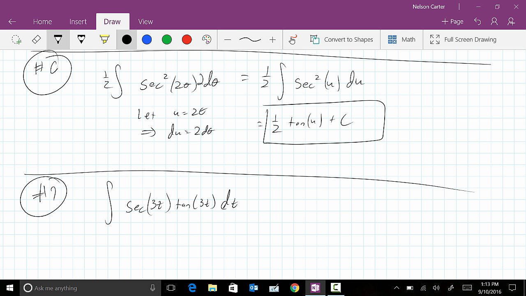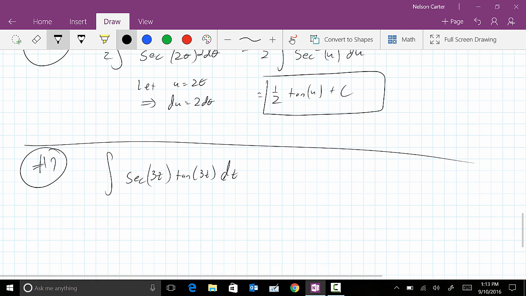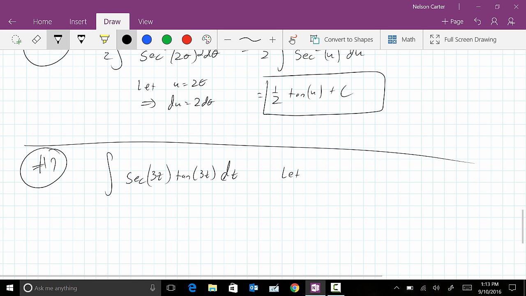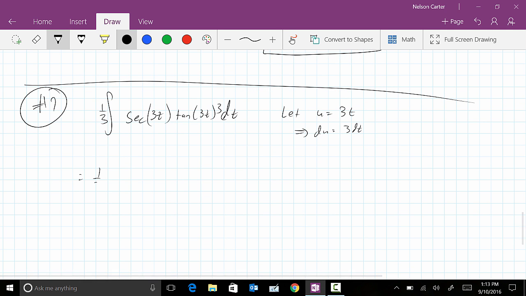Alright, I know that the derivative, okay, so first let's make a substitution. Let's let u equal 3t, but that would imply that du is equal to 3 dt. So I'd need a 3 here and then a 1/3 here. Now I can rewrite this as 1/3 times the integral of the secant of u times the tangent of u